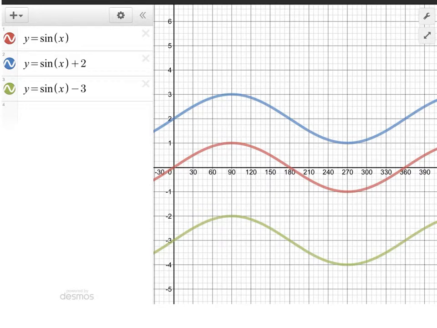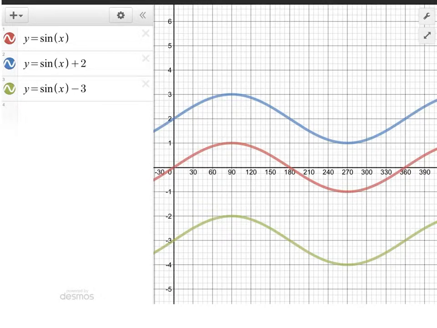In this video we want to look at what's called transformations of the graphs. In other words, what happens when the equation from y equals sine x is changed to a different equation by adding or subtracting numbers or various other things. So the first thing that can happen is we can get a number added or subtracted onto the end of